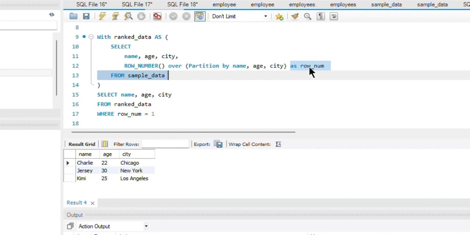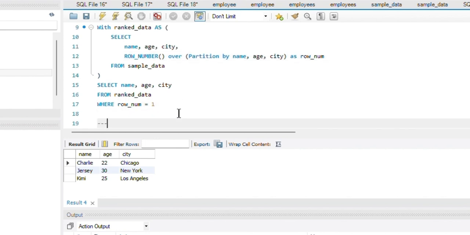So the result of the CTE will give us 4 columns: name, age, city, and the row number. Now I only want the records where row number is 1. So I have simply extracted these columns, name, age, and city, from my CTE, where row number is equal to 1. It will filter the rows to keep only those with row number equal to 1. I hope this solution is also clear to you.